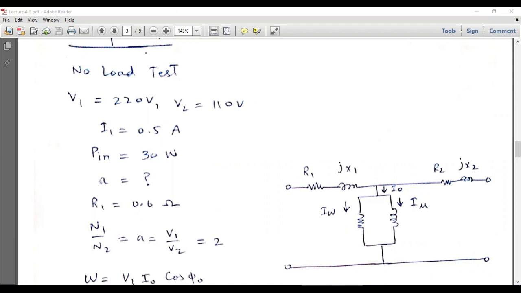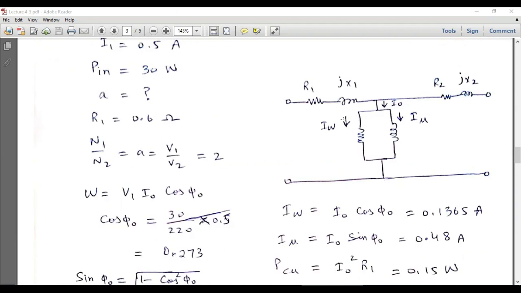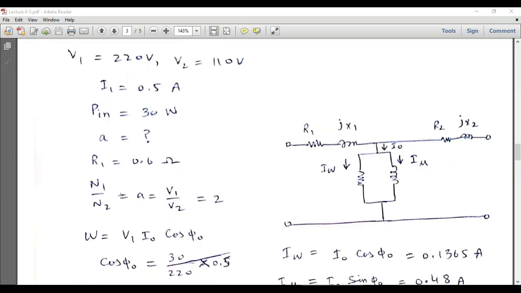So we have to first calculate the voltage transformation ratio or the turns ratio. So we have to calculate this resistive loss current, the current which is flowing through this resistor, and the current which is flowing through this inductance. So first of all, we will calculate the turn ratio, which is equal to V1 over V2, and this is equal to 2. The primary resistance, the resistance of the primary winding is given as 0.6 ohms,